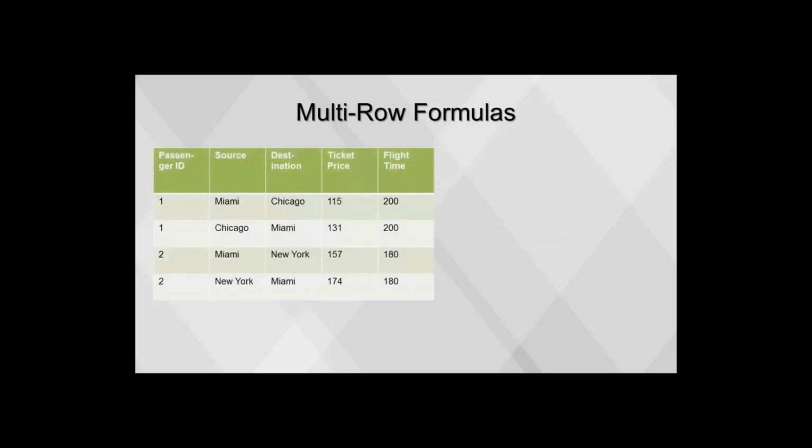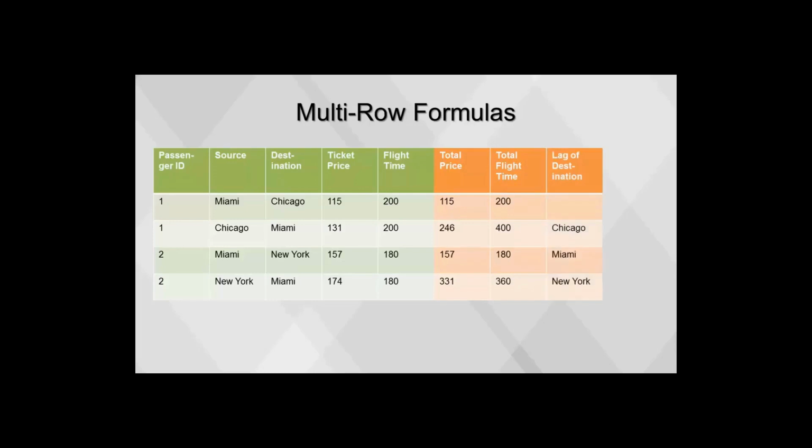An example of this is in the transportation industry, where a row typically represents one leg of a trip. After sorting the dataset properly, the lag function can be used to combine rows so that the data describing the round trip is displayed. Total price is a running total of ticket price, grouped by passenger ID. Notice how upon reaching the first row for a passenger ID, the sum starts over, and total price equals ticket price. Total flight time is a running total of flight time, grouped by passenger ID.